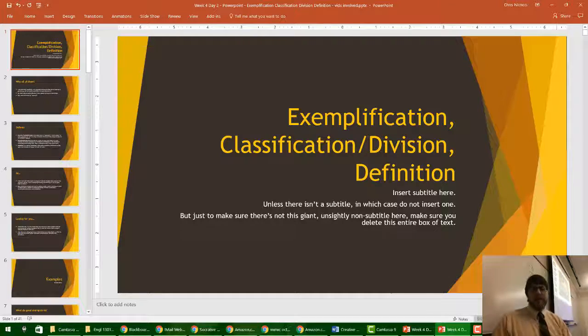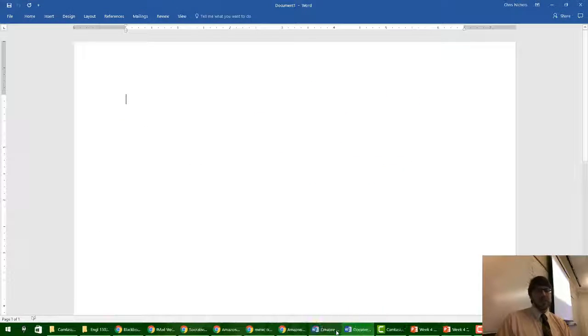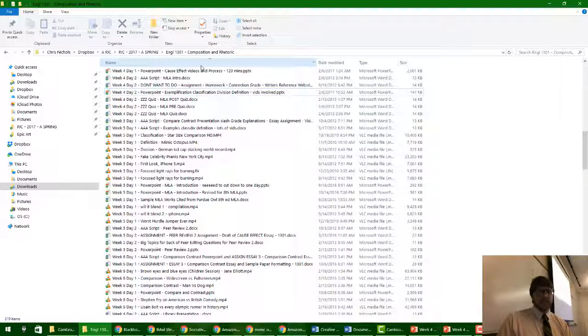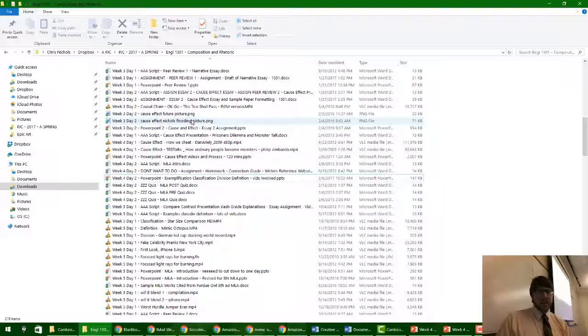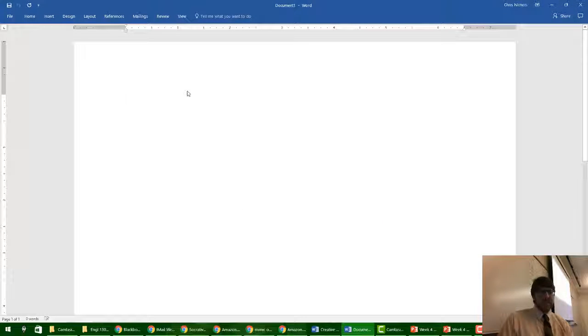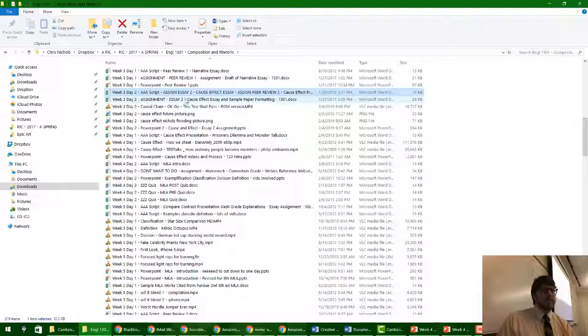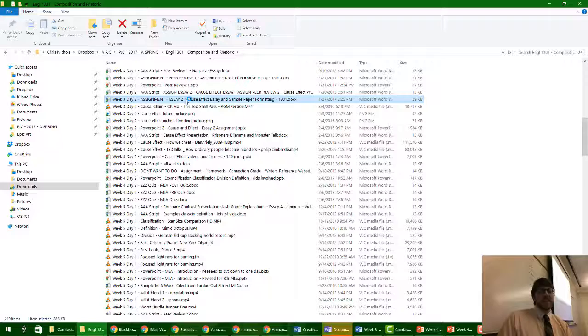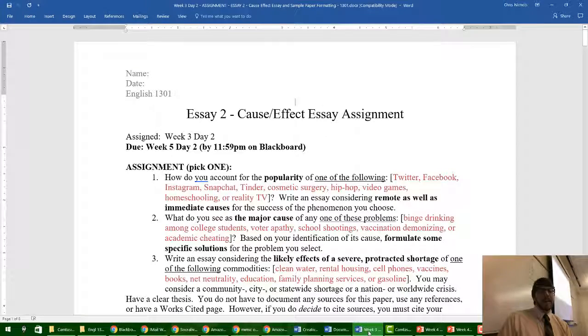Additionally, I had a student who reminded me that I need to show how to do page numbering, so I'm going to pull up an essay and just kind of show y'all how that works. Just real quick. So let me get assign essay 2 cause effect. Are we supposed to page number? Yeah, you're supposed to have, and it's not something I harp on heavily, but